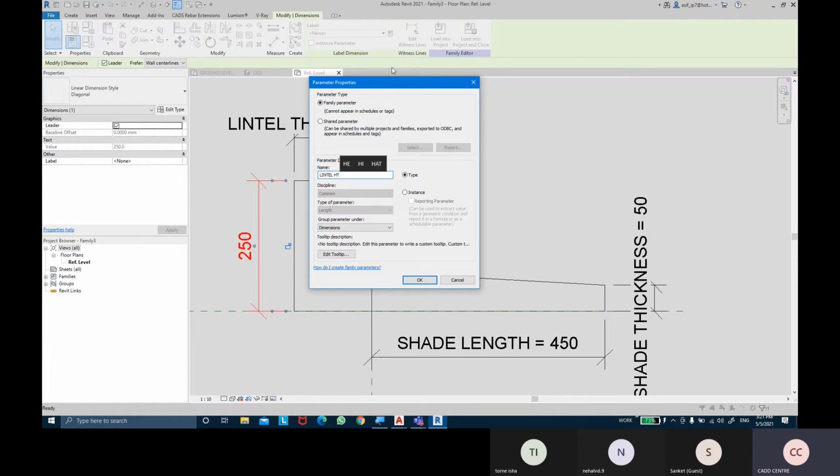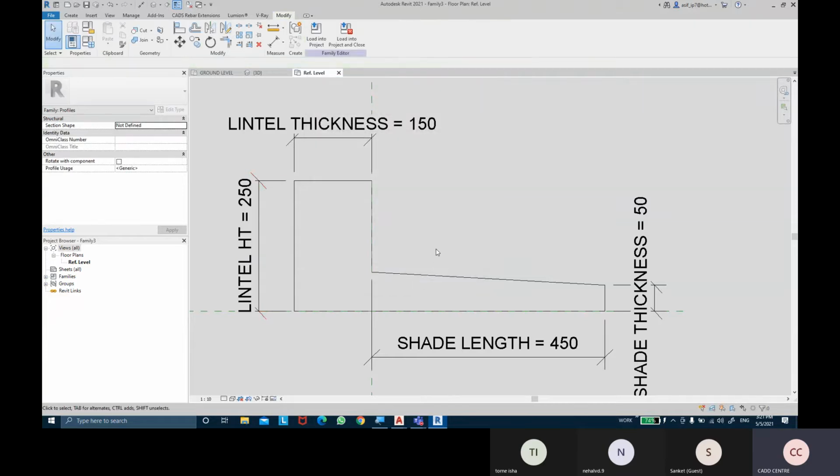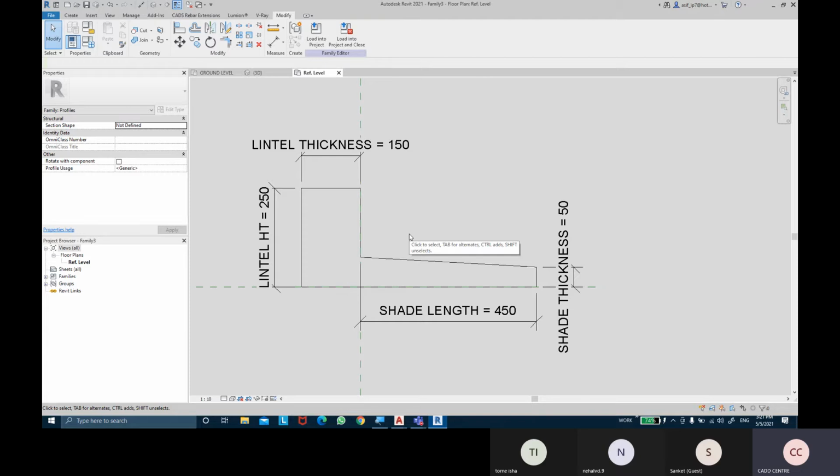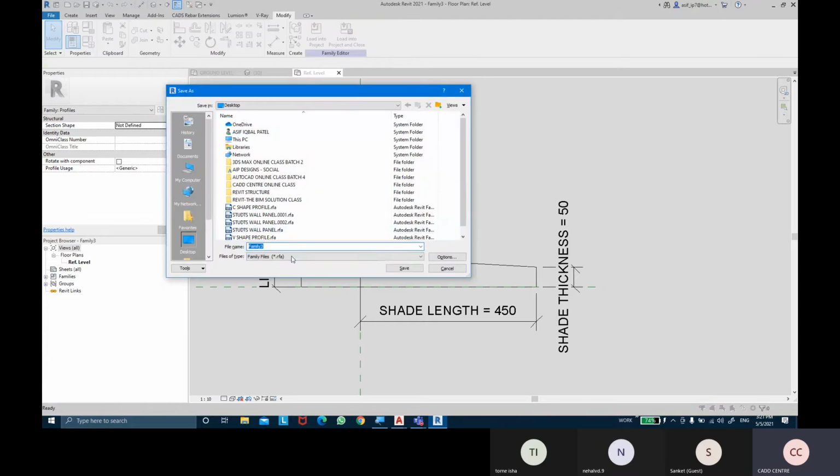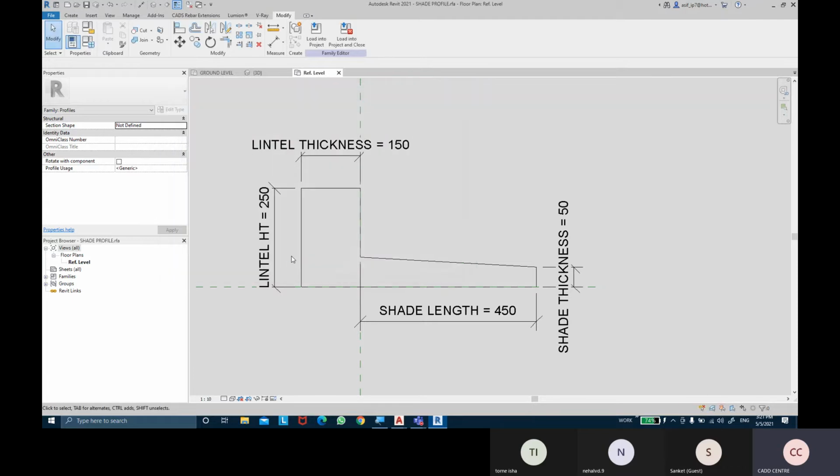Until height. So we can have parameters and we can save this family. Load into project and close.